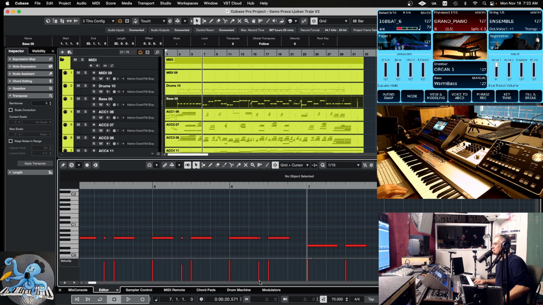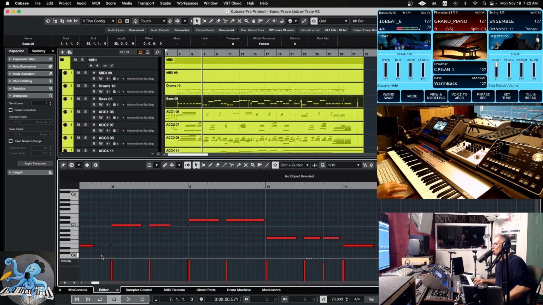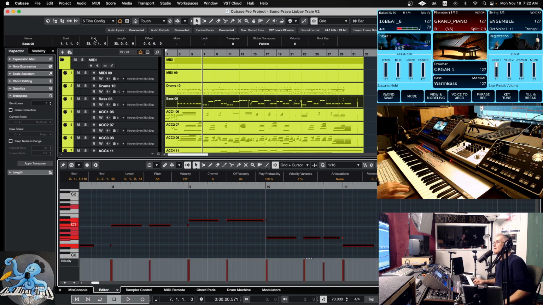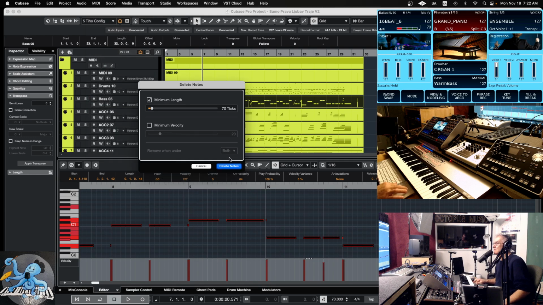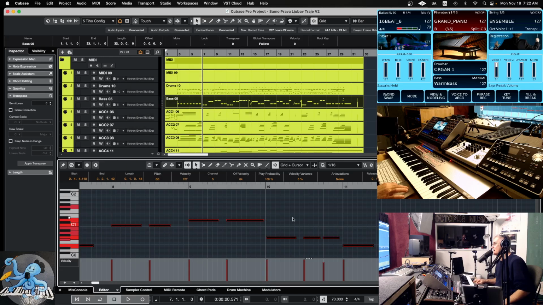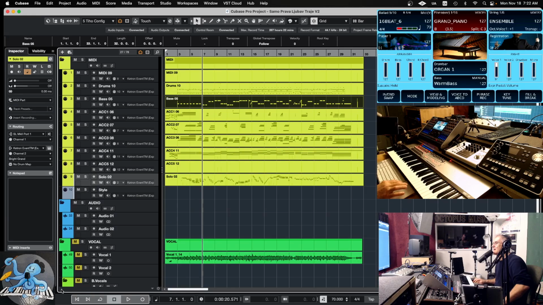Same thing like bass guitar here. Look at, I have in bass guitar here some problem in some chord progression changes. I have some unwanted notes here, then I have here, then I have here, and I just go and press select all, and I again go to my MIDI functions. I go to my delete notes. I can delete double if I have double note. If I delete notes, I got rid of those notes. And now if I press quantize, I can quantize my bass guitar. And now if I play,